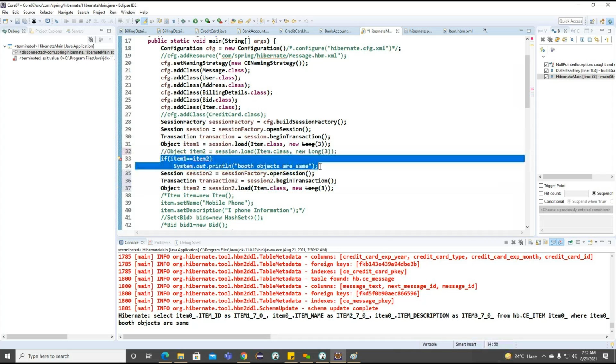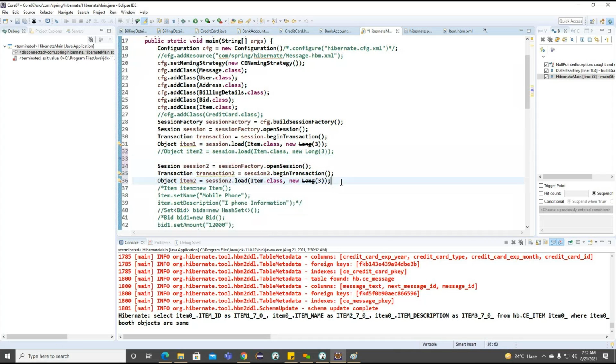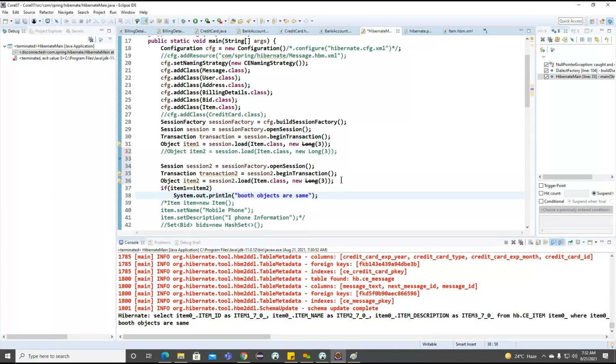Session 2, and we can make the object here.